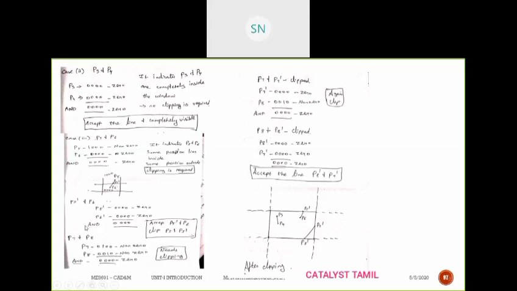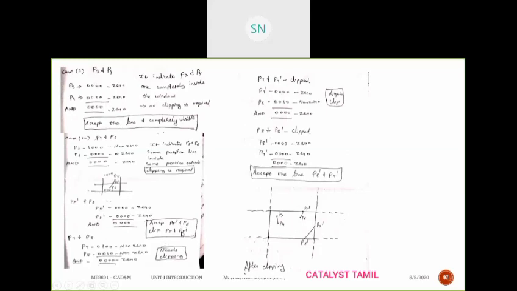So P5 dash and P6. Now these two points create a line, and P5 dash is the new endpoint of the line. Then we perform the logical AND operation on P5 dash and P6. Here it is the complete zero term, and it is also the complete zero term, so the answer is also the complete zero term. So we should accept the line between P5 dash and P6, and discard the line between P5 dash and P5.